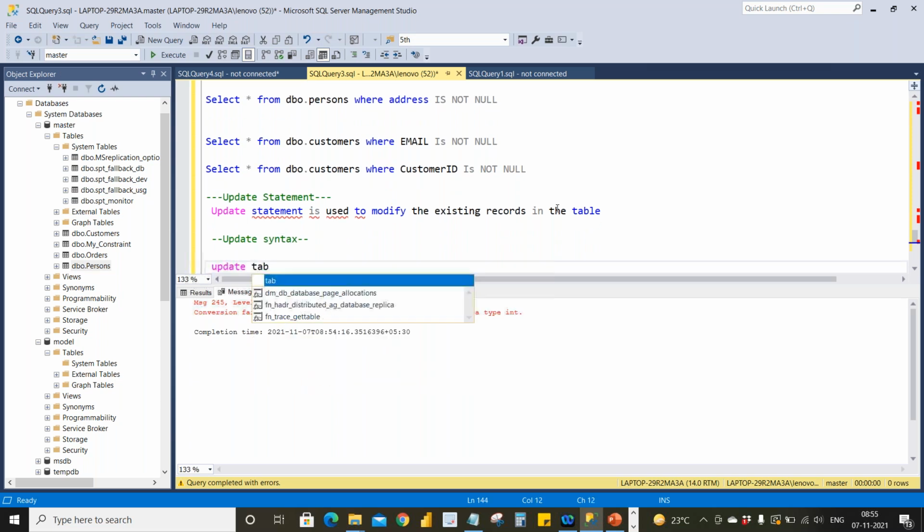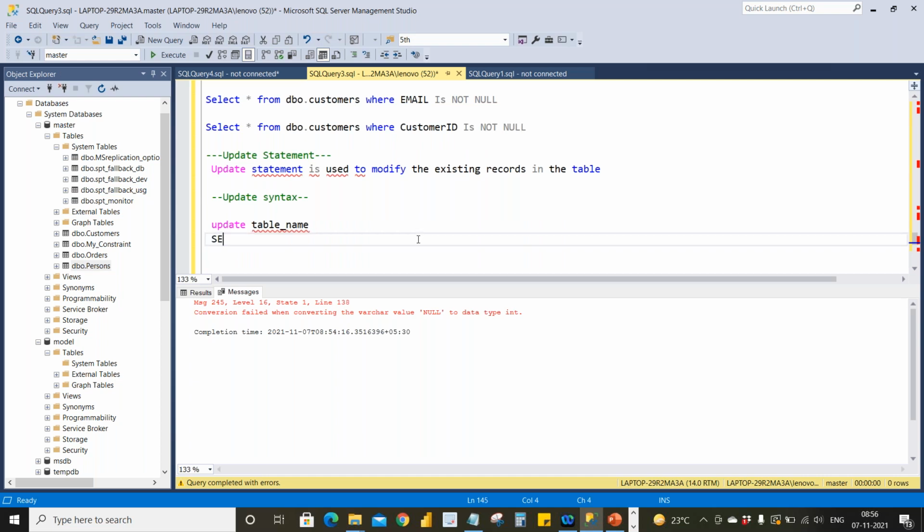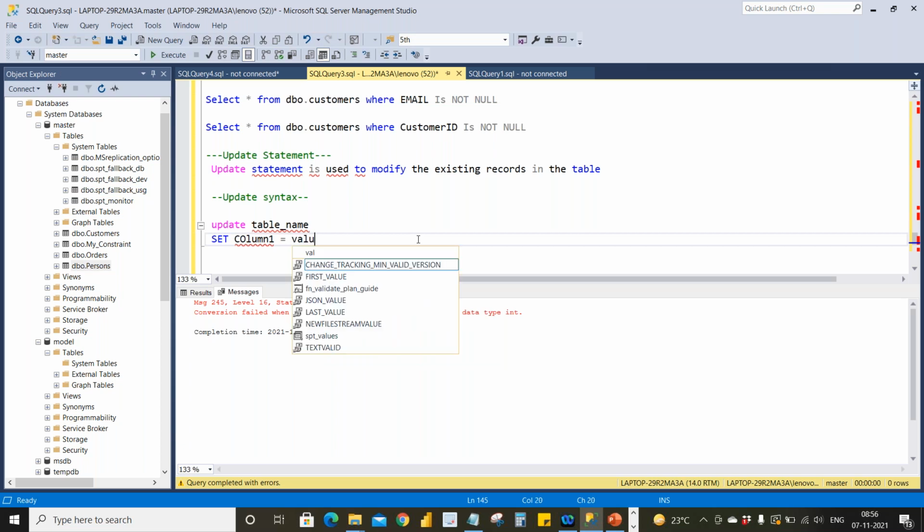Update table, we need to give the table name which you want to update, and you need to use this keyword called set. Set, you need to specify which column should be updated. Column 1 equals to value 1.